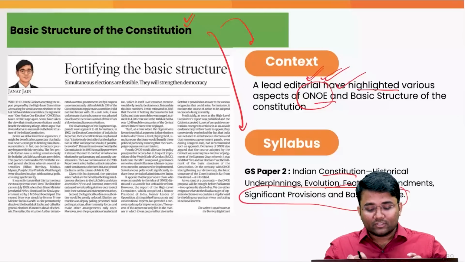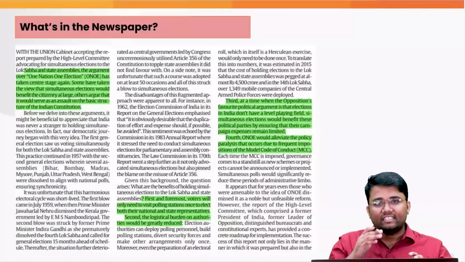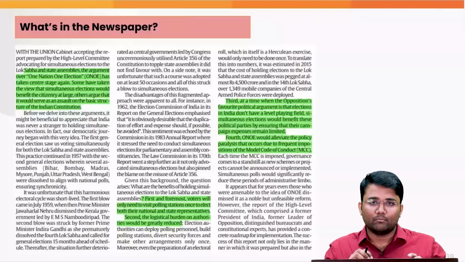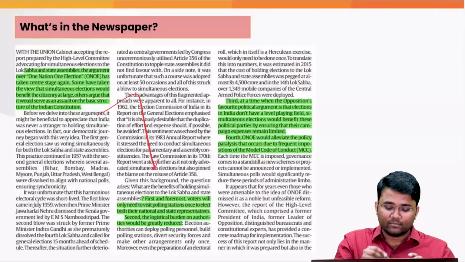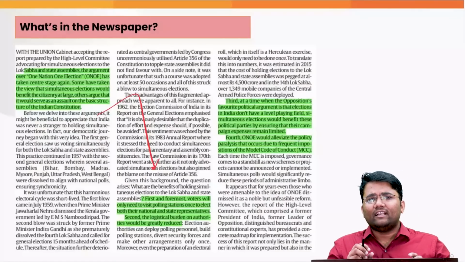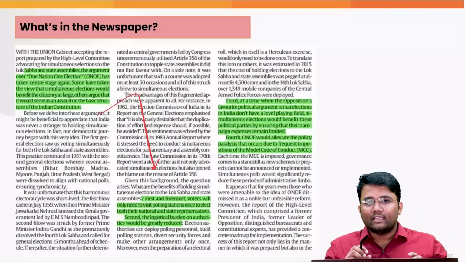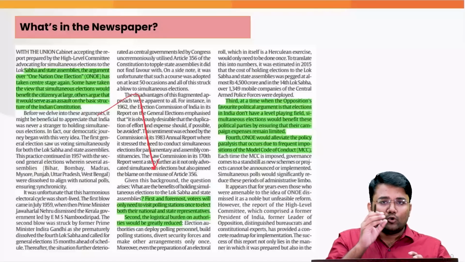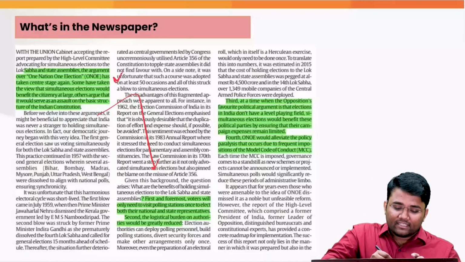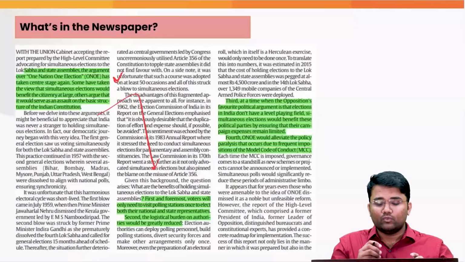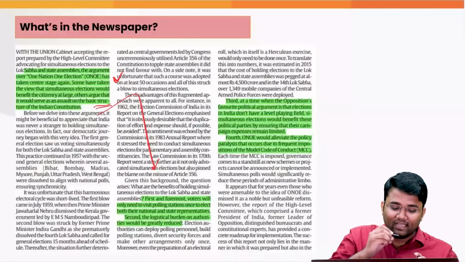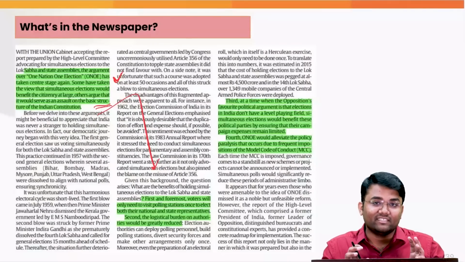Since One Nation, One Election has been widely covered previously, we will not be digging much deeper into it, but let's briefly look at what has been covered in the editorial. As you would be knowing, One Nation, One Election mainly calls for holding simultaneous elections for Lok Sabha as well as the state assemblies. The editorial says that there are some people who have taken a view that it will benefit the citizens at large. However, there are some people who say that it might be violative of the basic structure of the Constitution.